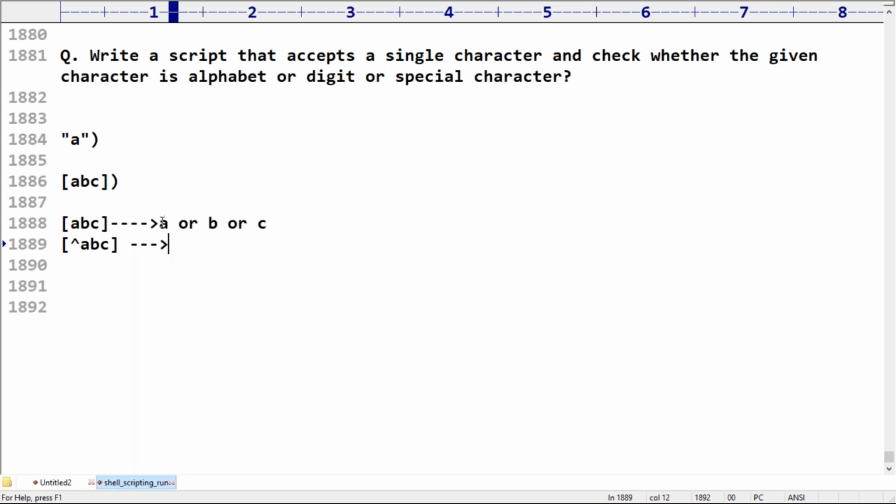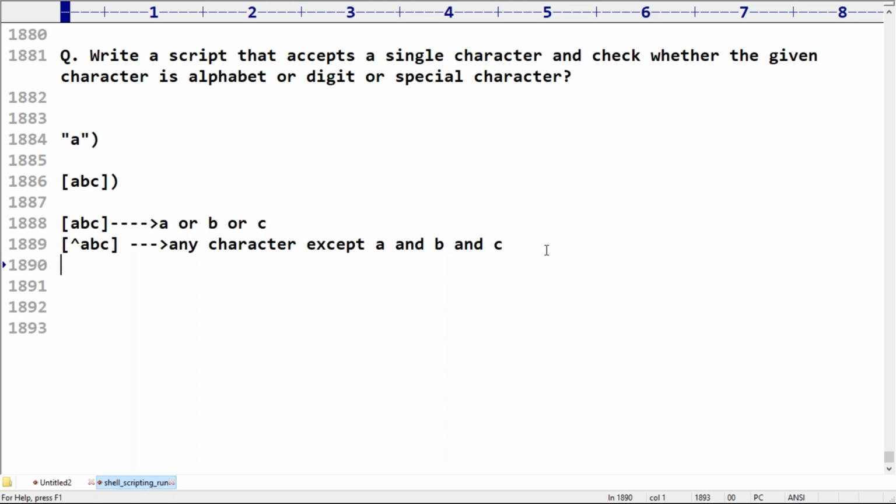Here, a or b or c was the earlier meaning. Now with the cap symbol, any character except a and b and c, any other character, we require the cap symbol. Remember this a bit carefully. Any doubt? Yes friends, are you in the position to understand, right?